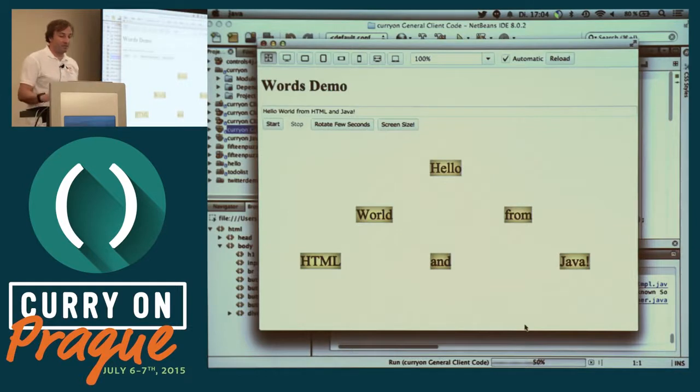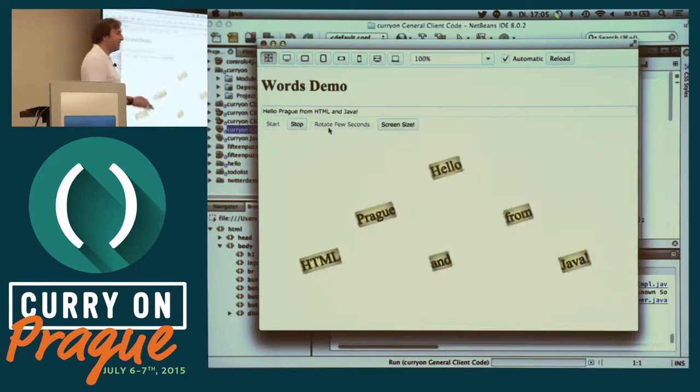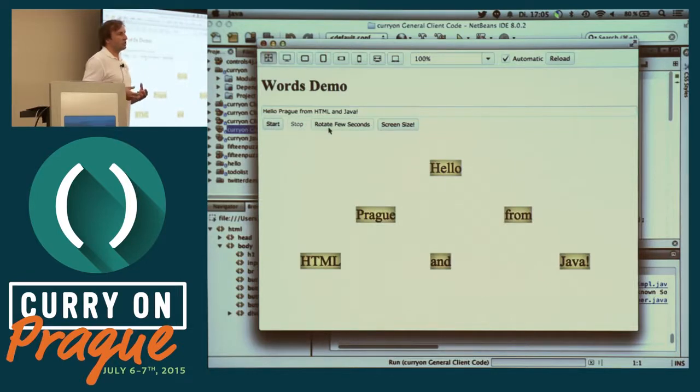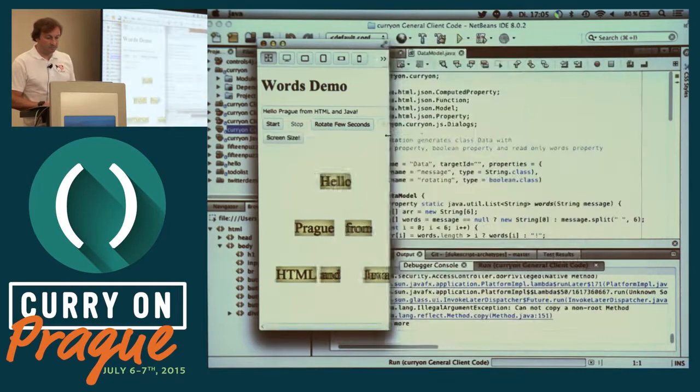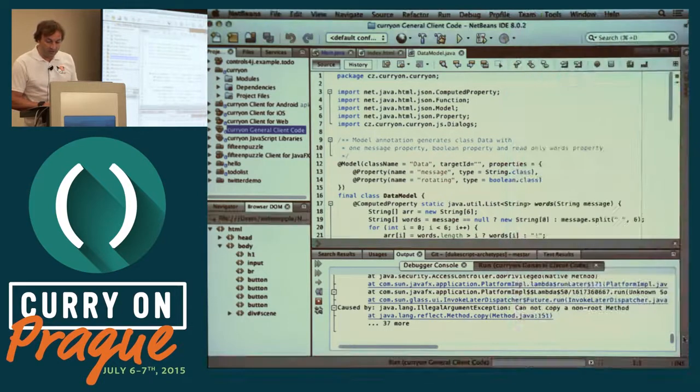And this is a very simple demo. I type something into the inbox, and it synchronizes with these little boxes down here, and I can do some rotation, stuff like that. Very simple application that shows you, it's basically a tutorial in its own to show you how to write tests and stuff like that. What I want to show you with this is how easy it is to develop